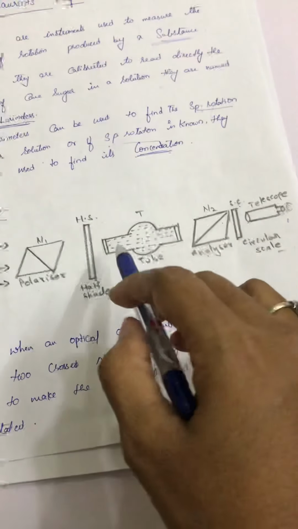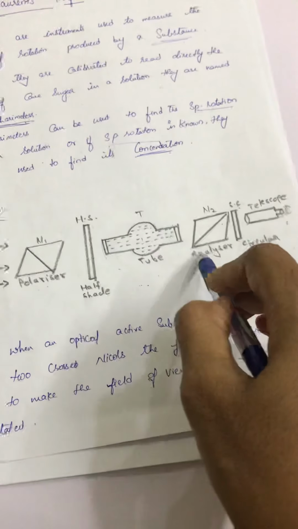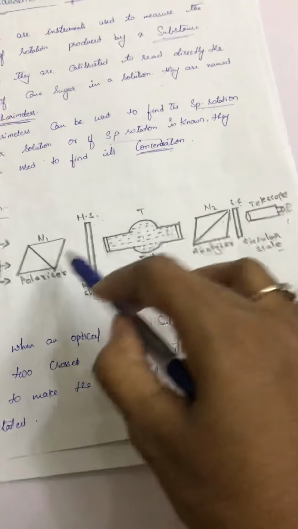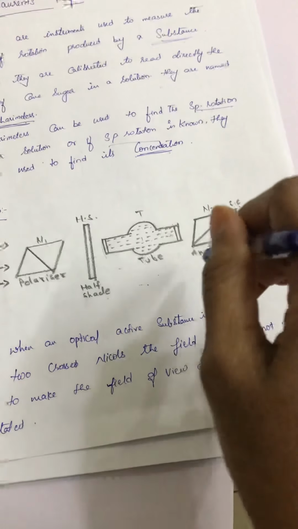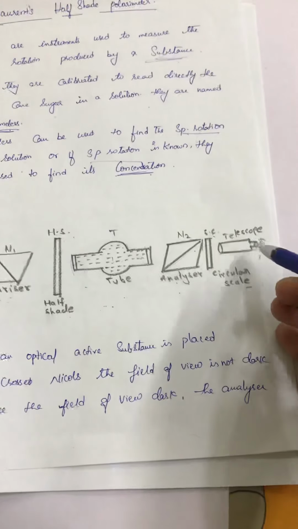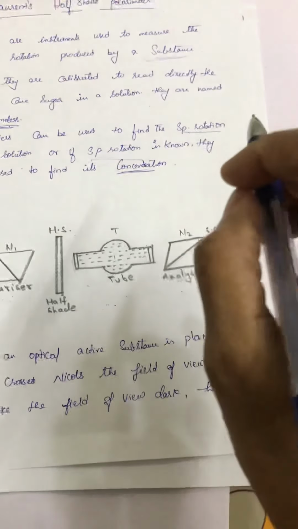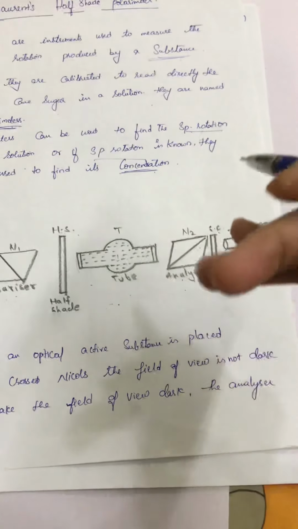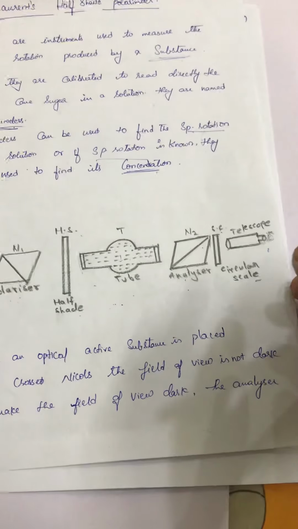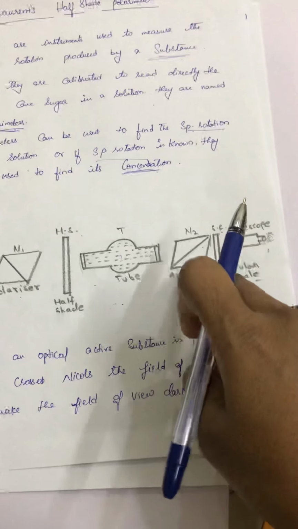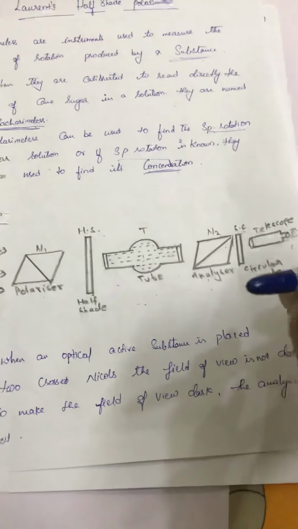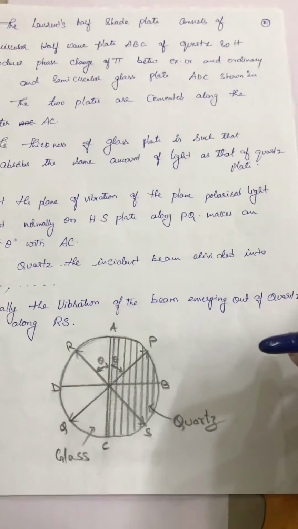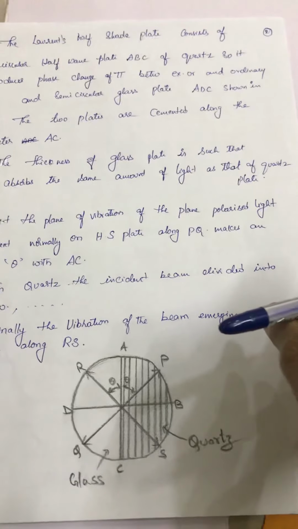When the active substance is placed between two nickel prisms, then what happens? The field of view means we are viewing the field through the telescope, that is not dark. So in order to make the field of view dark, the analyzer is to be rotated. Understand? Next, the Lorentz half-shade polarimeter consists of